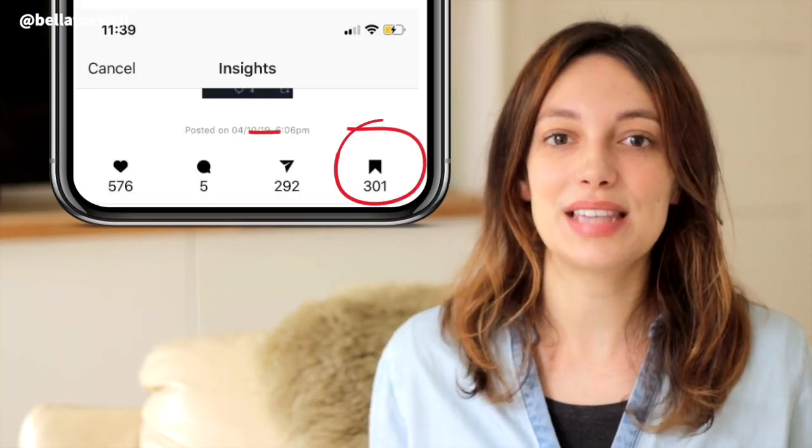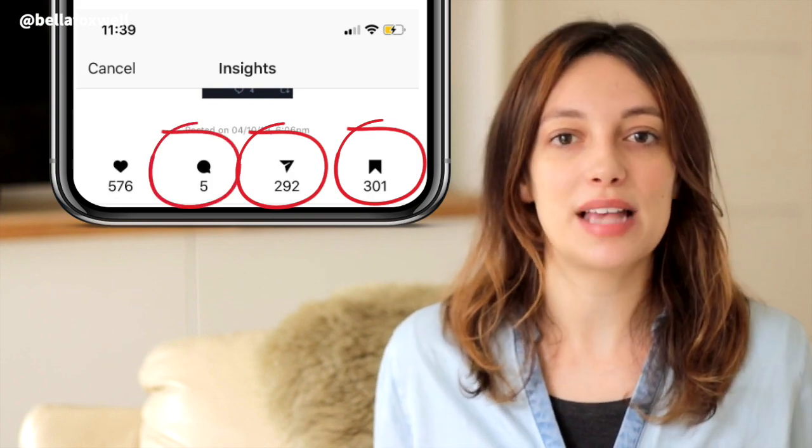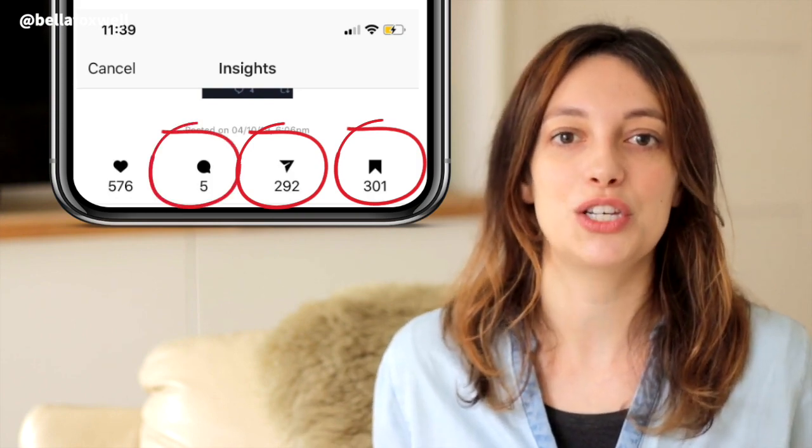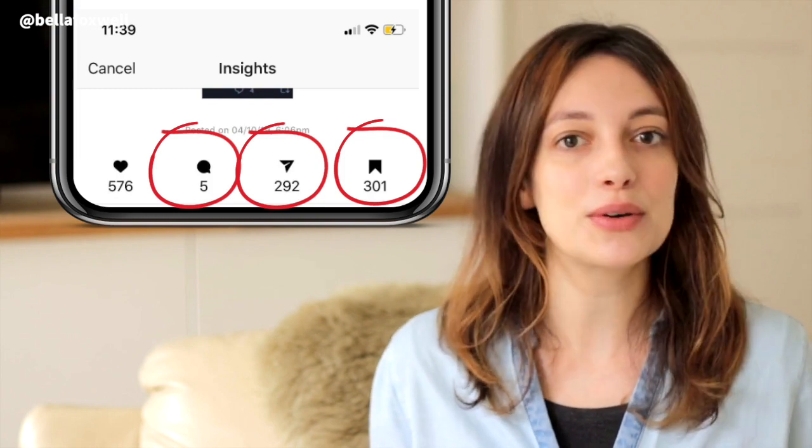Now, one of the things to note before we talk about those 3 types of content is that now that likes are being hidden for most people across the world on Instagram, it's changing the importance of certain metrics. No longer are likes the thing that we should be worrying so much about. It's no longer going to be the thing that brands and other companies that are looking to work with influencers and other collaborators are going to be looking for. They're going to be looking for other signs and signals that content is resonating with an audience. And those include saves, shares, and comments. So that's going to make a lot more sense when we dive into the 3 types of content that you should be sharing on Instagram in 2020. So without further ado, let's get into them.